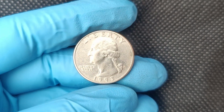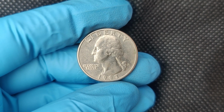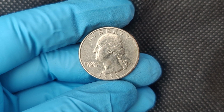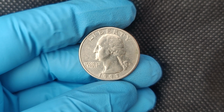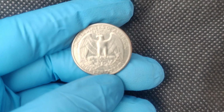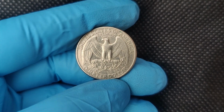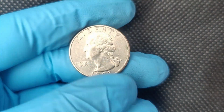But it's not just about the errors. The rarity of finding a coin in near-perfect condition also plays a huge role. The 1993 P Washington quarter is still a coin that was minted in the millions, so most are worn down from years of circulation. The ones that survive in mint or near-mint condition are considered extremely valuable. A coin with a mint error, combined with perfect or nearly perfect condition, can be worth thousands, even millions, in